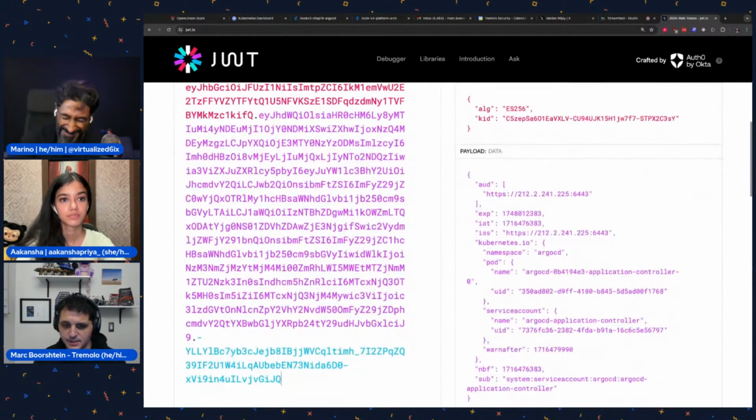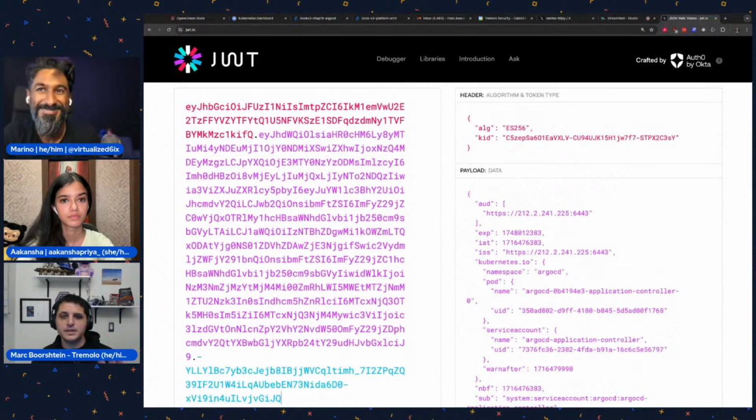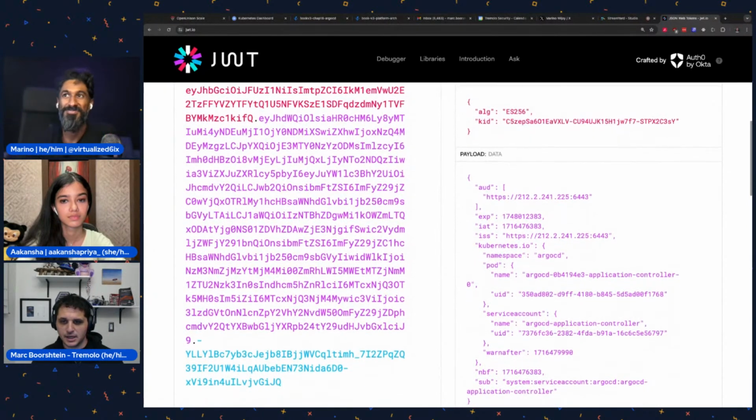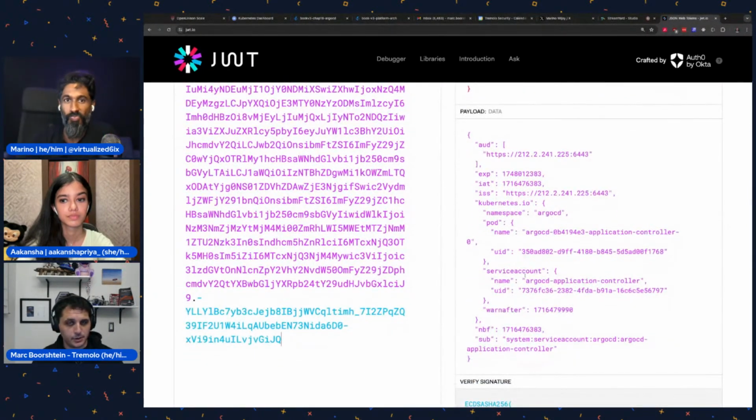The reason is that this token is completely self-contained. It's digitally signed. It's got information in it about you. But what's important is that there's no phone home necessarily on the token. Now, Kubernetes is a little bit different. We'll talk about that in a second. But for the most part, when you generate a JWT, or some kind of access token, whether it's a JWT or a personal access token, they're called bearer tokens because the bearer is the one who gets in. So if you lose that token,